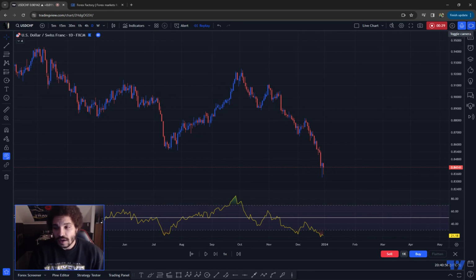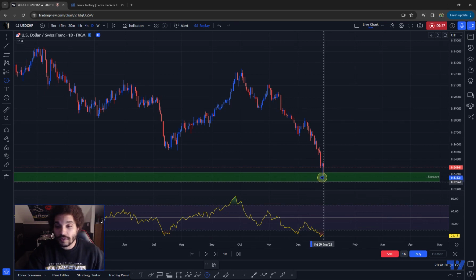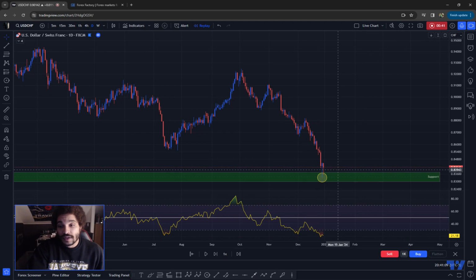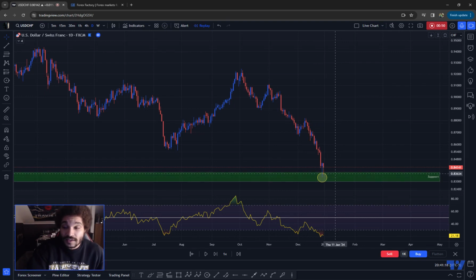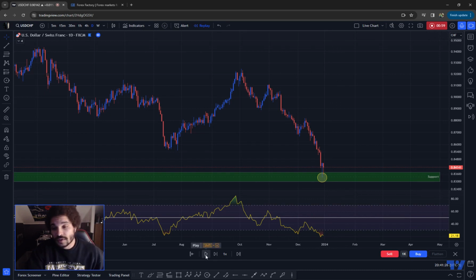So to start things off, I have our chart here set at December of 2023. Now, I want to point out this low here because this low was considered a new low since January of 2015. And you're going to see as I play time forward that this low ends up being a pretty good test of this support zone, and it finds some great support. So to go ahead and start moving forward,